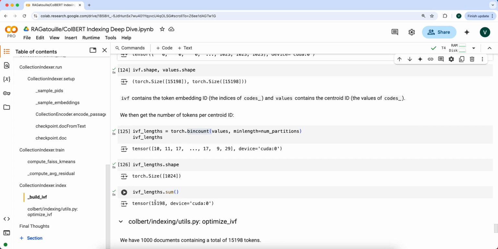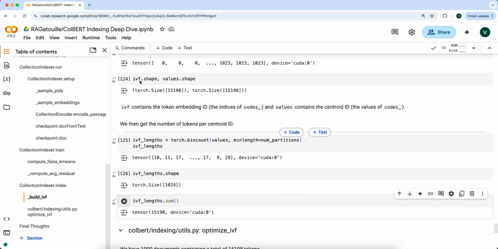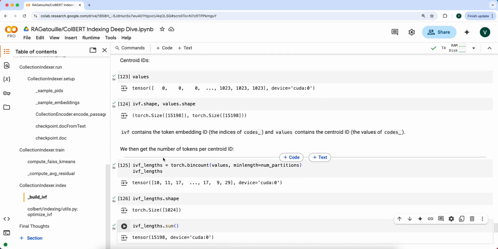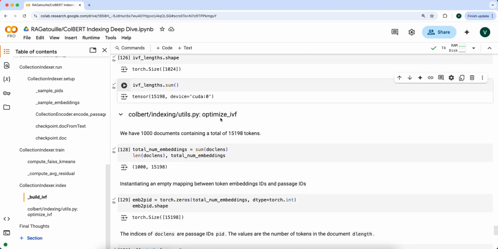And if we sum that, we get the total number of tokens. So this IVF lengths and IVF, combined, maps token embedding IDs to centroid IDs. All right, now comes the kind of